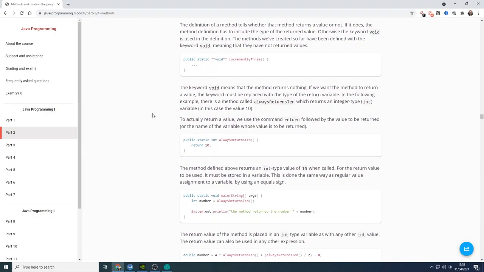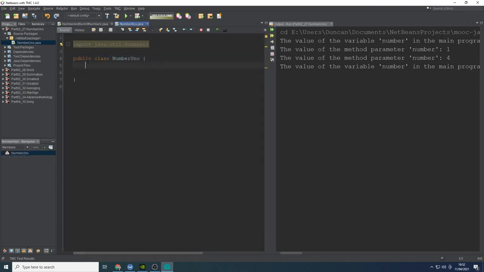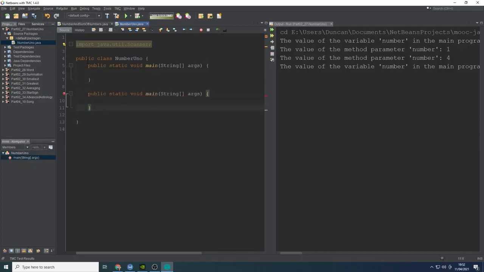Alright, so I will quickly show you what that could look like. So let's delete this stuff here. In fact, let's delete all of it. So NetBeans has some really cool shortcuts. One of them is if you accidentally delete your main method, you can type in psvm and then press tab, just like we do with sout, and press,